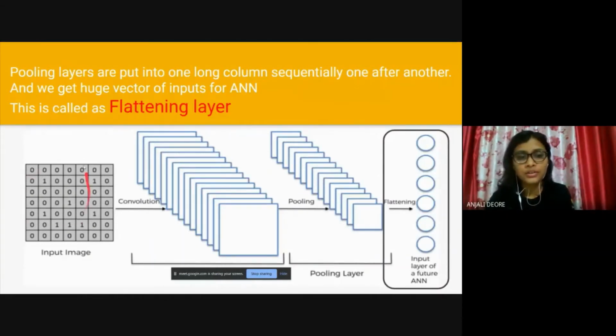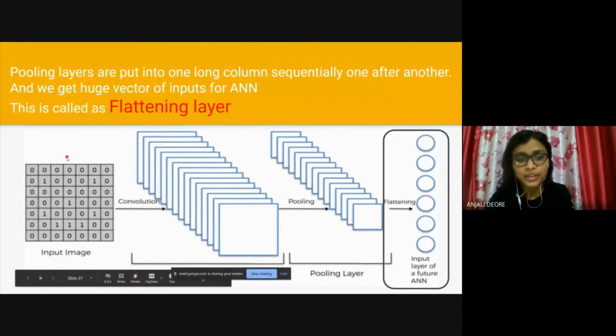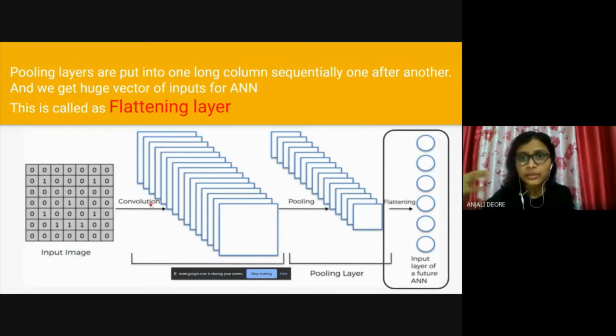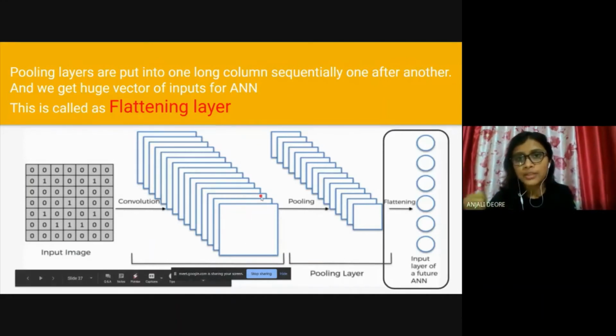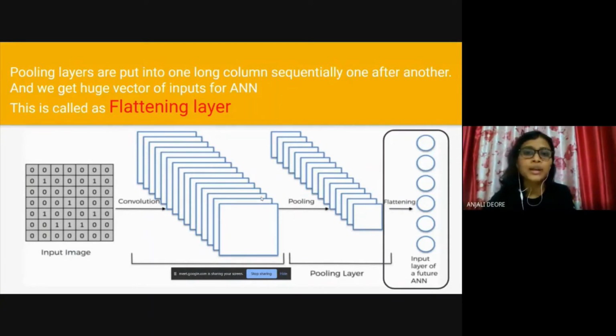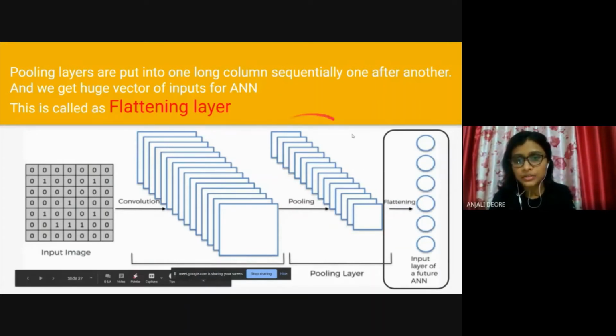To summarize, as you can see, the input image is passed to the convolution layer. After the convolution layer, we get a feature map in which features are extracted based on whatever filters we apply. Again, those feature maps are passed through pooling layers, whatever the pooling filters would be. It might be max pooling or average pooling. So we get a pool feature map. After application of the pooling layer, we get this particular layer of matrices.